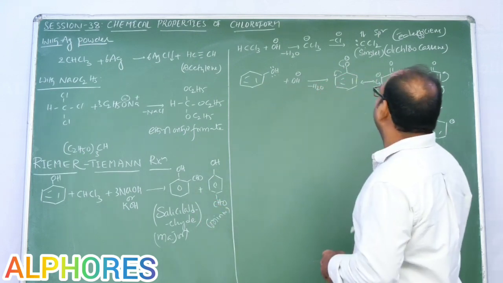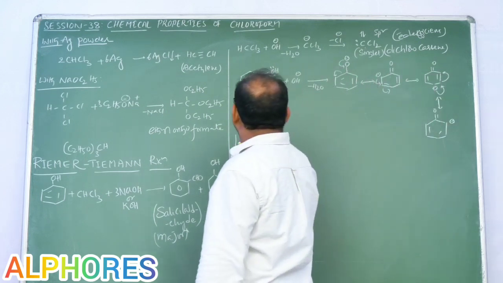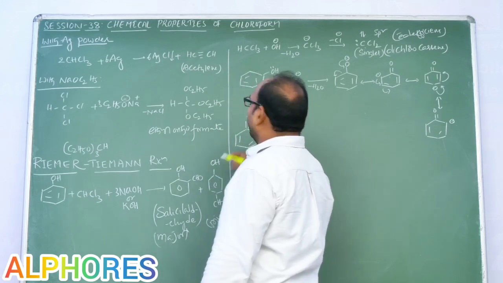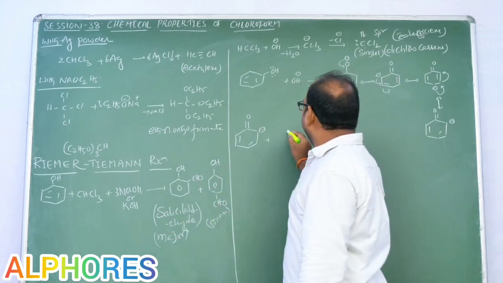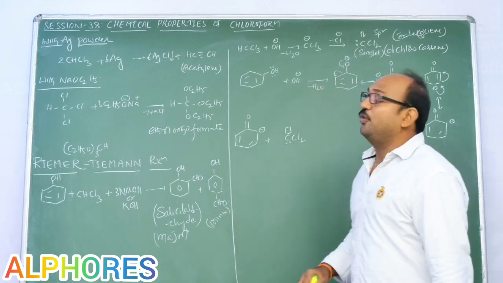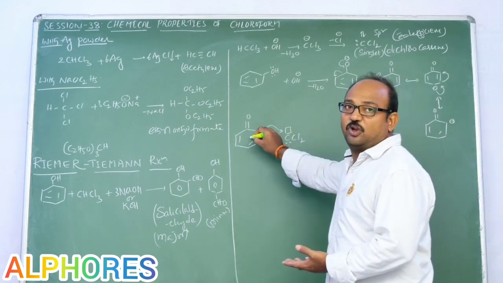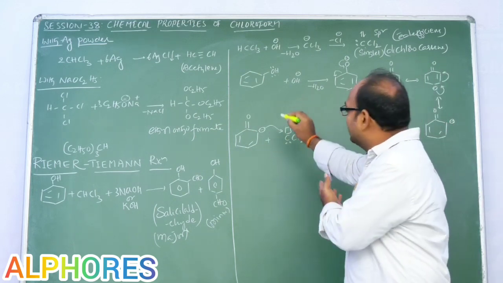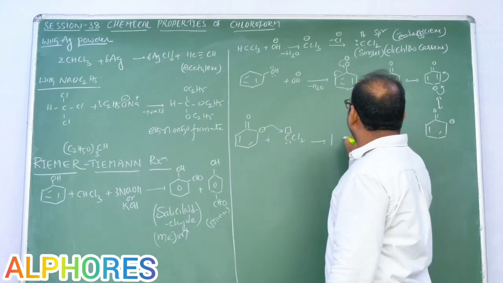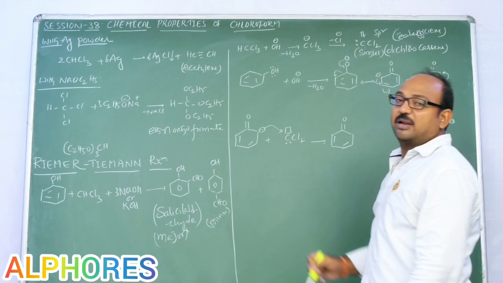Let us see what happened here. Now, either the ortho or para position is electron rich. Let us consider the ortho position. This one upon reaction with CCl2, which has one vacant orbital and an electron pair. Now into its vacant orbital, this one is going to give electrons. That means this acts as a nucleophile, and this one acts as an electrophile. So this one is the Lewis acid, this one is the Lewis base. A Lewis acid-base reaction again. Now there will be a formation of a new carbon-carbon bond.